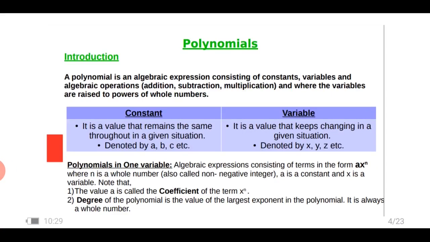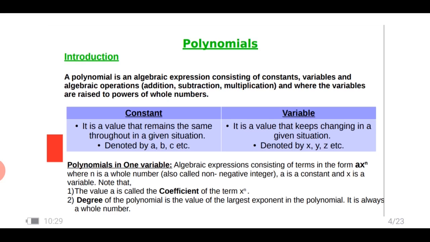Here another definition of a polynomial is an algebraic expression consisting of many terms. The word term includes constant or variable or exponents. These are the three things which are included in the word term. Here I have given you the difference between the constant and a variable. Please go through this, and after this